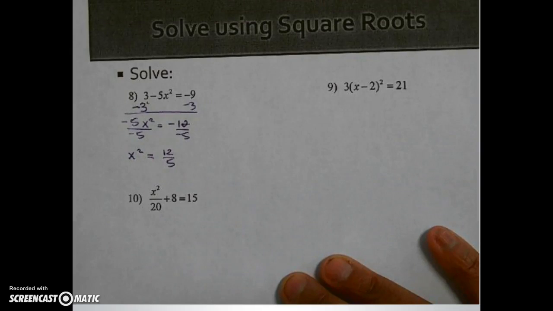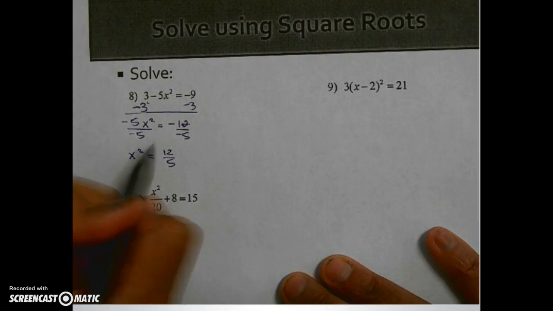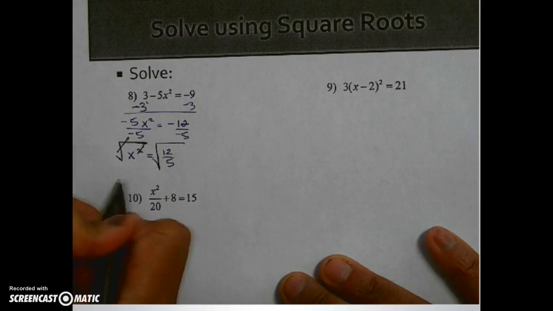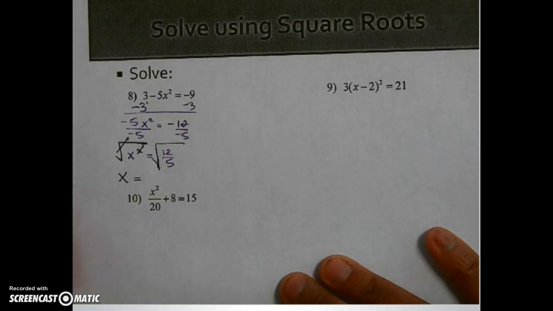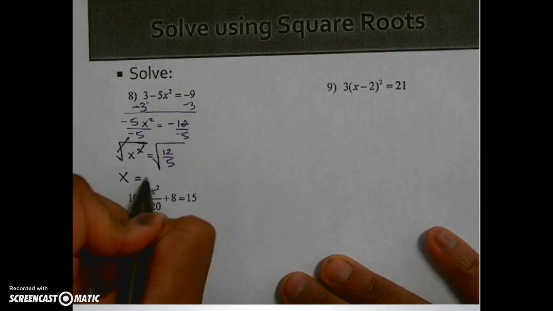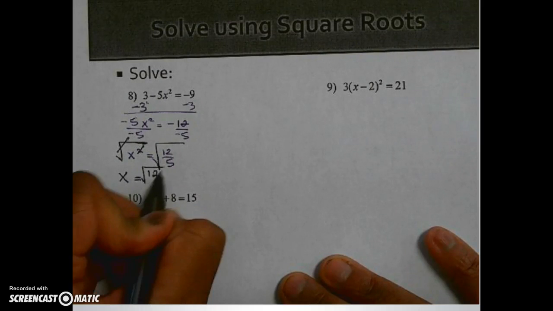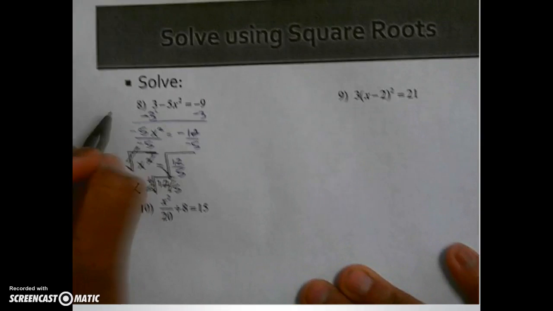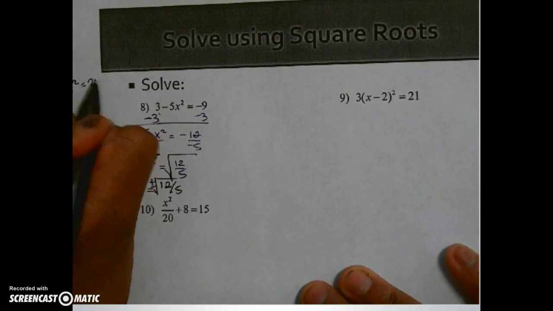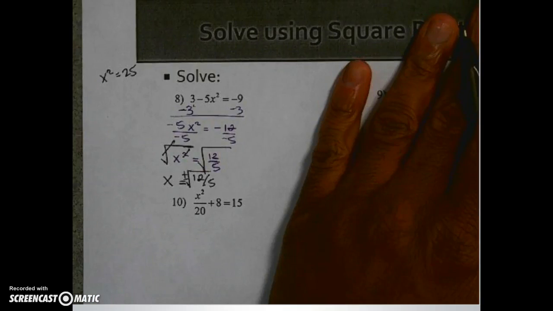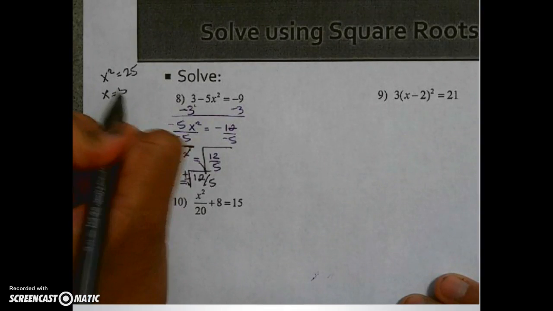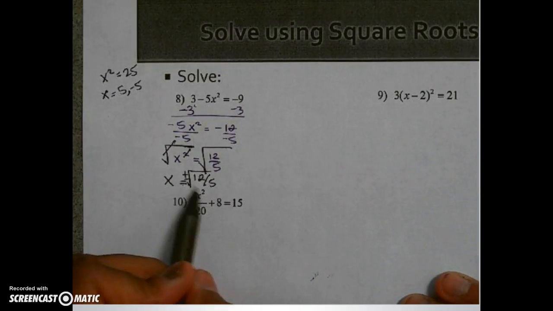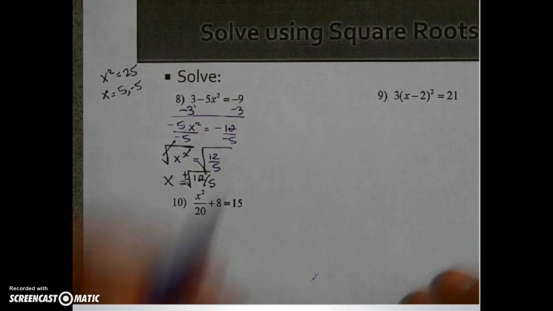Next step for us is to get rid of this squared. The opposite of squaring, or the inverse, is to square root. So the squared and the square root cancel out, and I have x is equal to, well, it could be positive square root of 12 over 5, but it also could be negative. Similar to, if I told you that x squared equals 25, well, what can x be? X could be positive 5, but it could also be negative 5 too, because negative 5 squared also gives you 25. So this is the plus or minus right here, which would be fine and dandy,